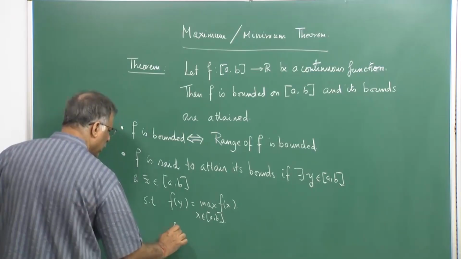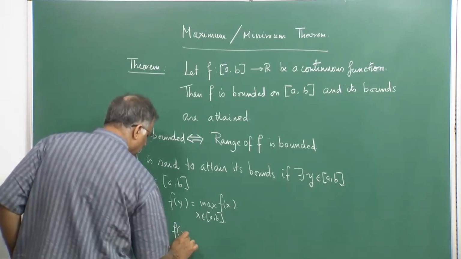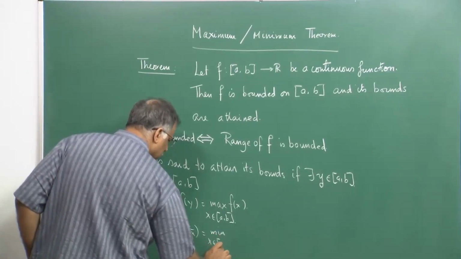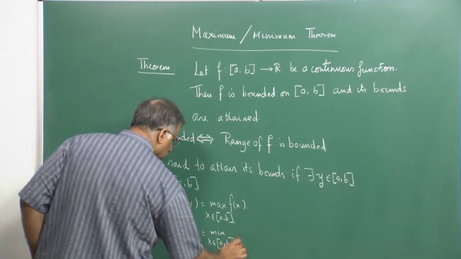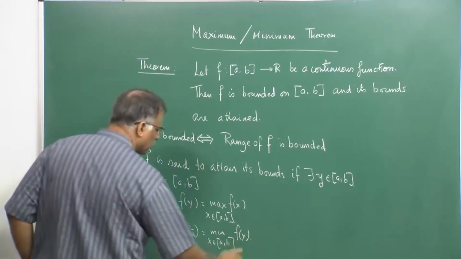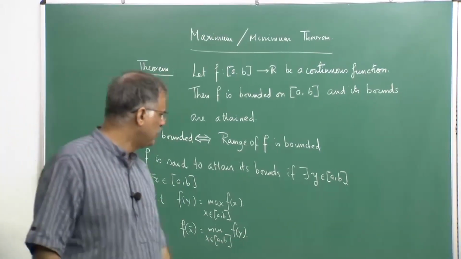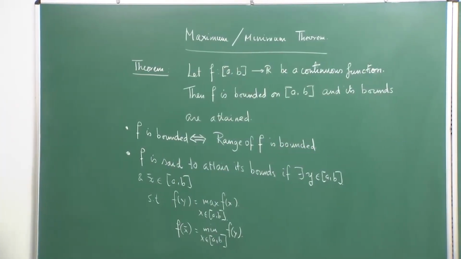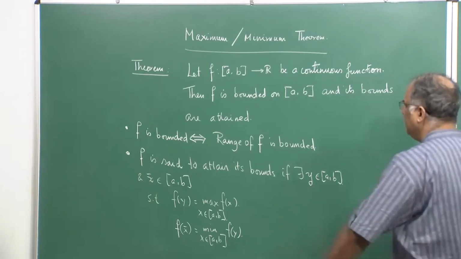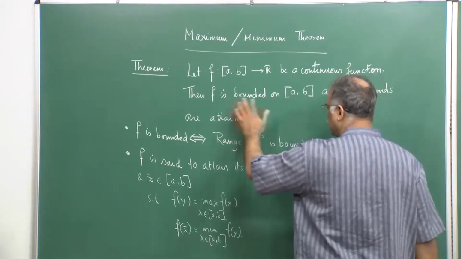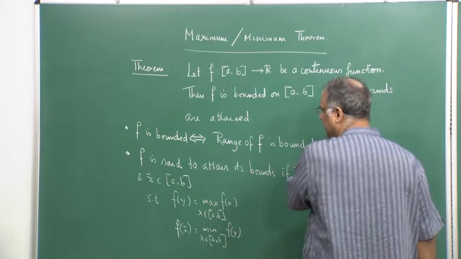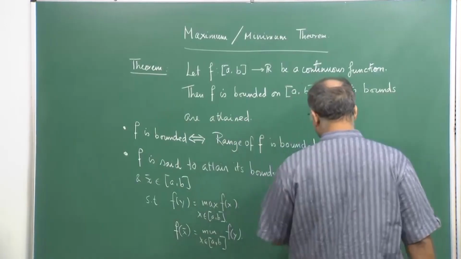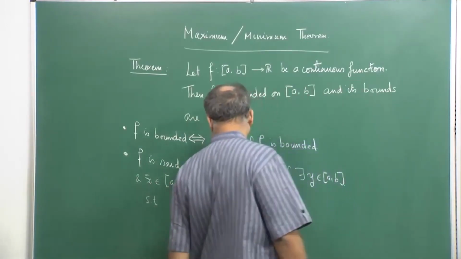And f of x bar is the minimum value. That is the meaning of f attaining its bounds. So, basically if you have to prove that f is bounded on AB, then you really have to show that the range is bounded, a bounded set in R, and then you have to show that there are points y and x bar for which these are true,